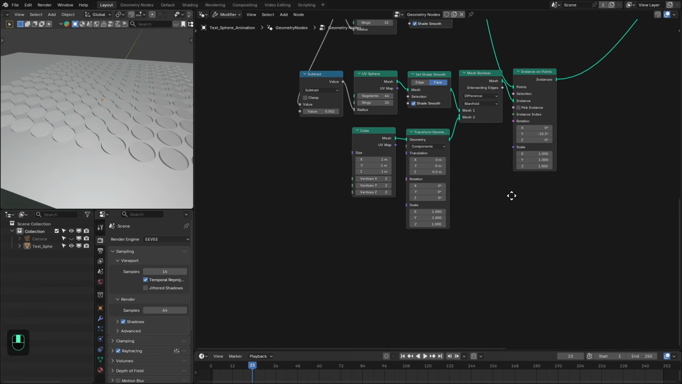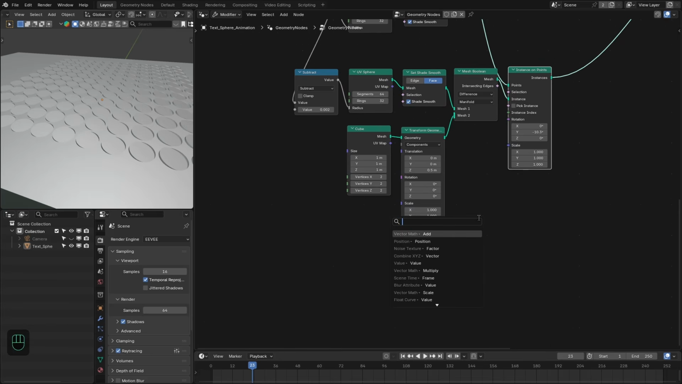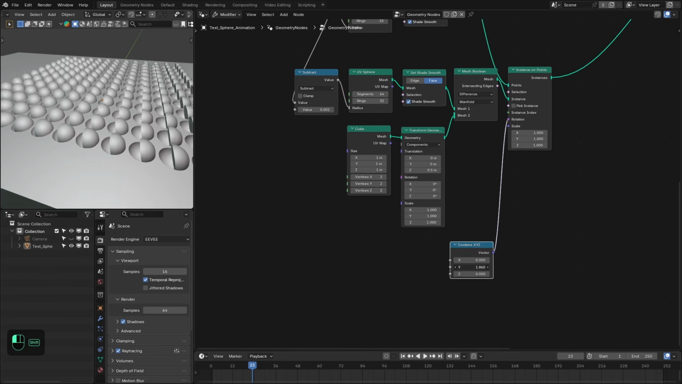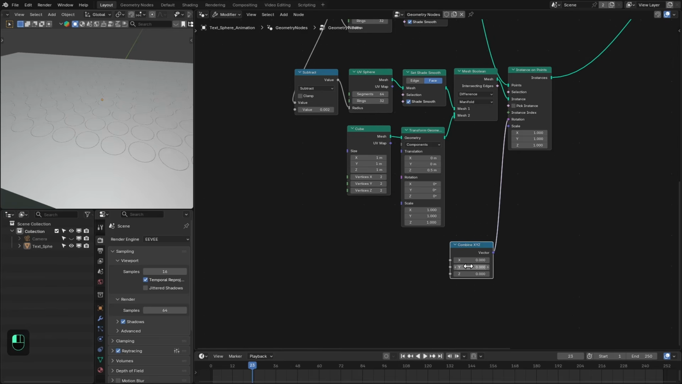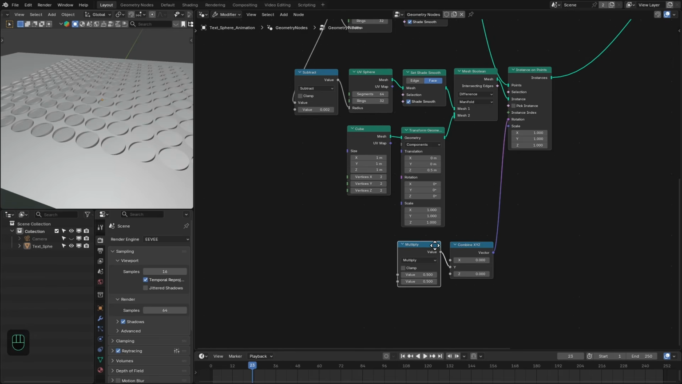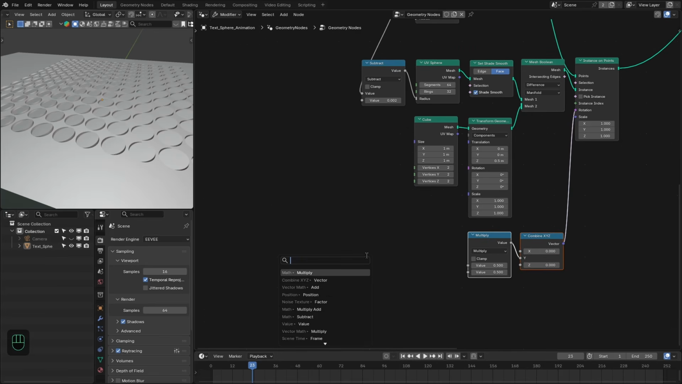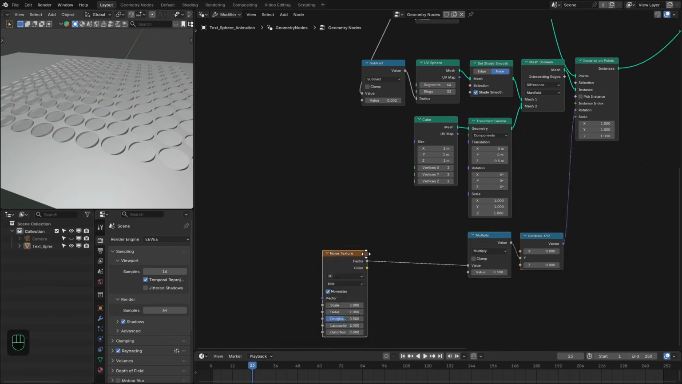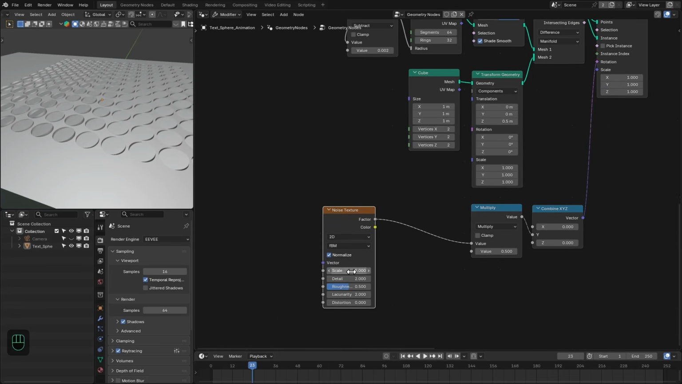We're going to animate this rotation based on the noise. So let's add the combine xyz node. Okay, so we have this, and next we're going to add the multiply node so that we can control the overall magnitude for the rotation. And then we're going to add the noise texture, change that to 2D, and here we're